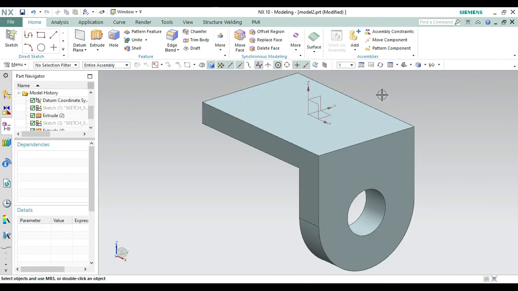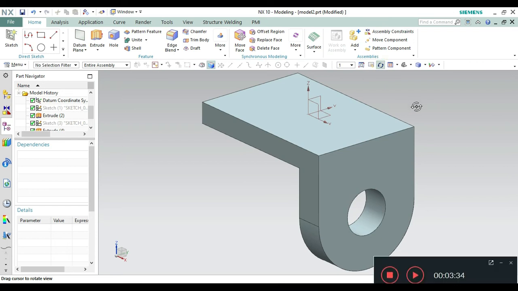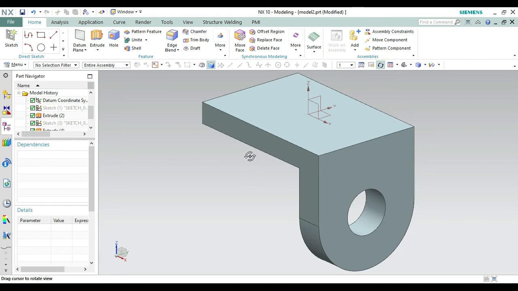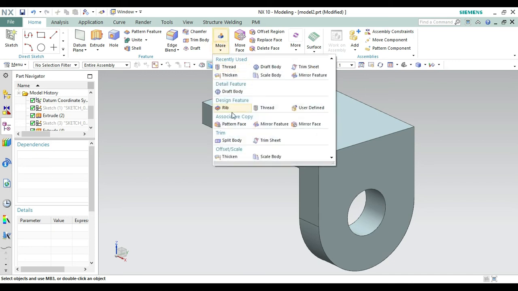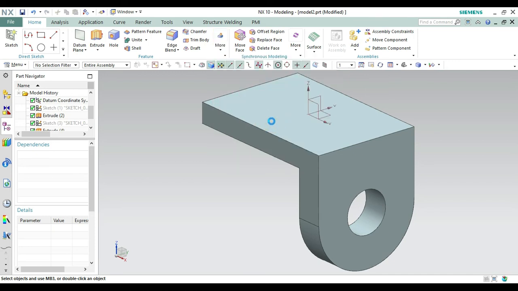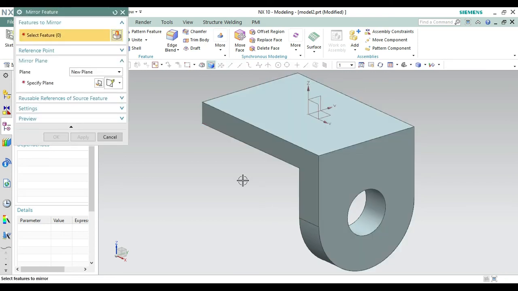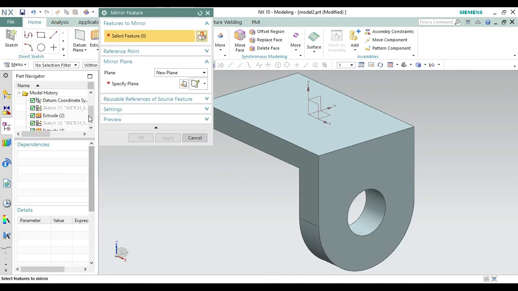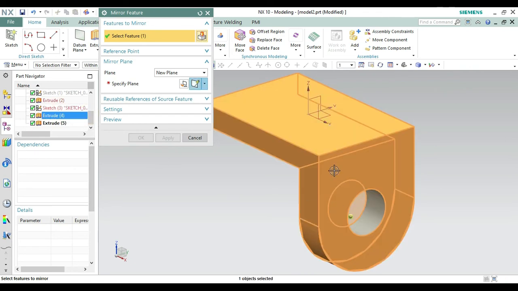Let's hide it. Now we have to create the same thing on the opposite side also. We can do it easily with the help of the mirror feature. From here, selecting the mirror feature, we have to select this feature first. Let's select extrude number 4, and also extrude number 5.